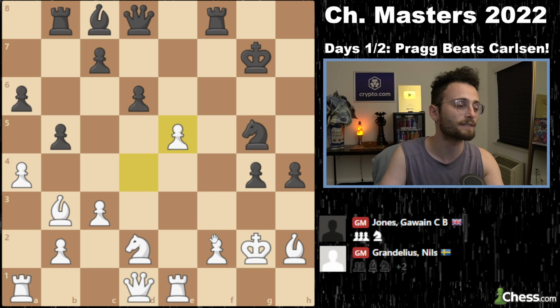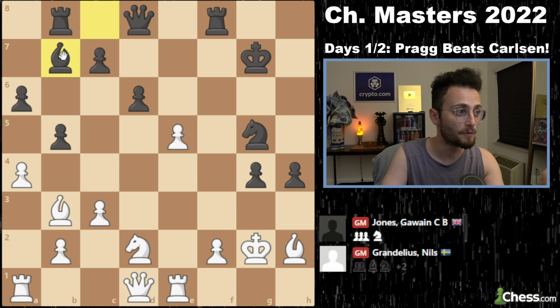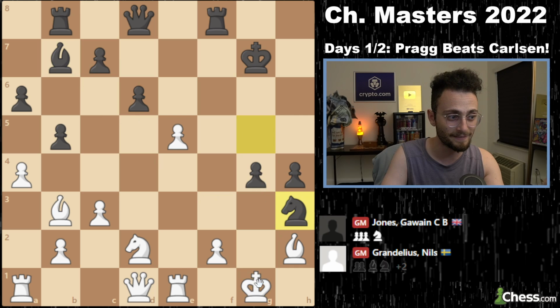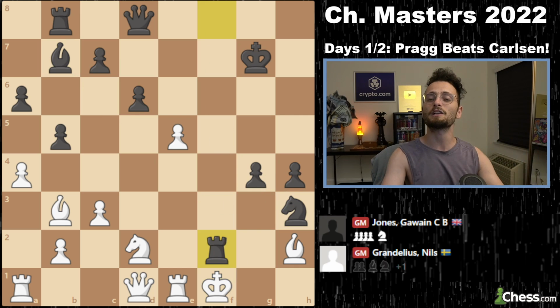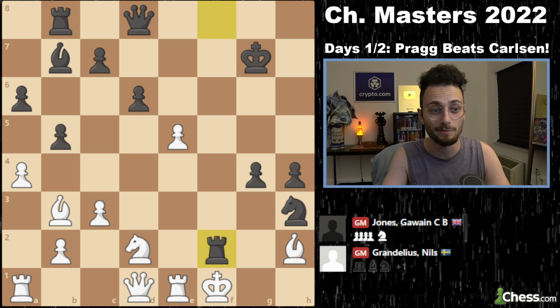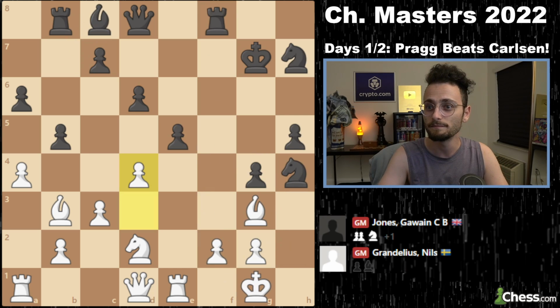Like, it looks like white can crash through on the center, but the bishop is coming, the knight, the rook, oh my, oh me. In the words of the LA Clippers announcer when they used to have Lob City, oh me, oh my. I don't know what his name is, but...